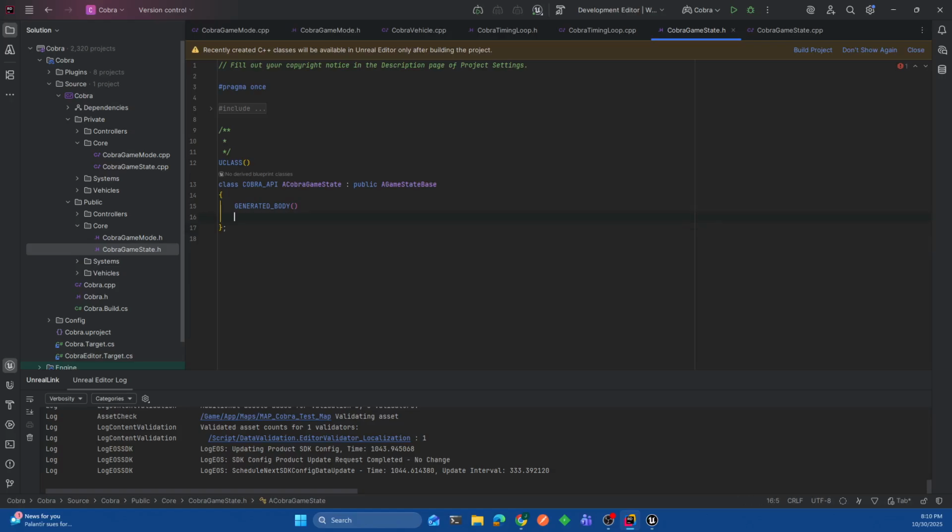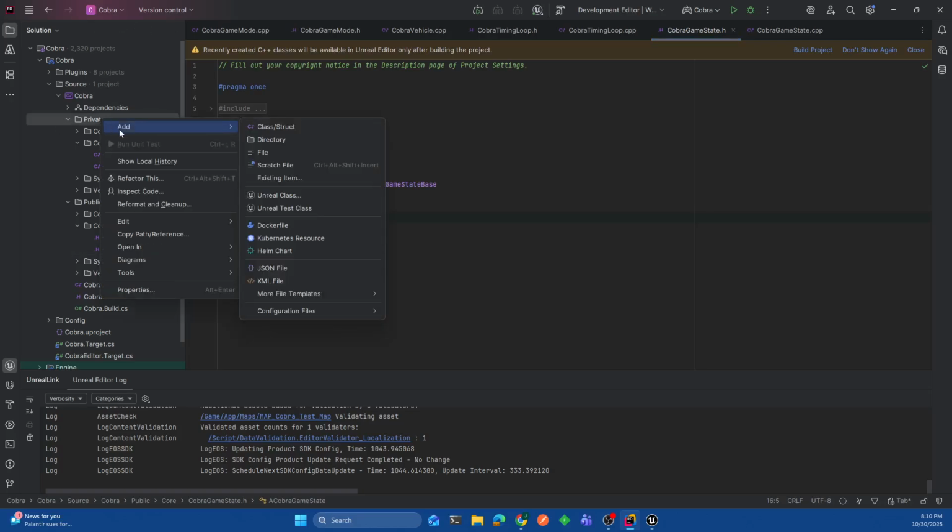I could do that right here in this game state class, but I don't want to do that. What I do want to do is encapsulate all of the timing and scoring into a class that I would then reference from the game state. So I'm going to create another class